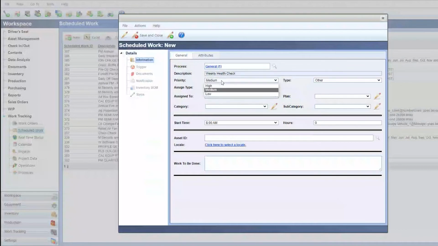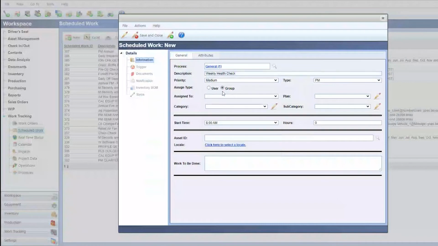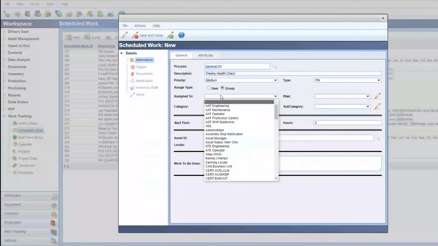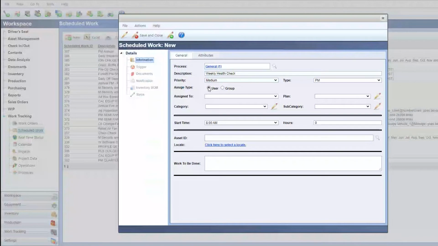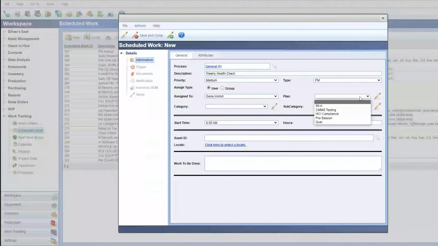Choose a priority, medium, high, or low. Whether it's a PM, calibration, or others, generally used for repair. I can select my assigned to, whether it's a user or a group of users. And these individuals will be the ones that will receive an email as soon as the work order has been triggered. I can choose a plan,